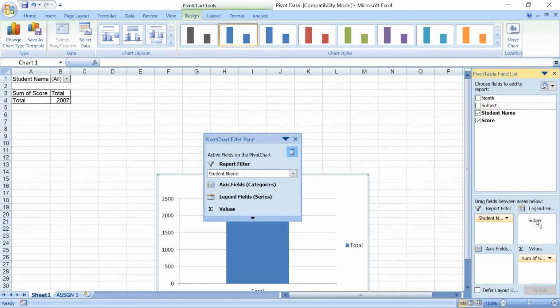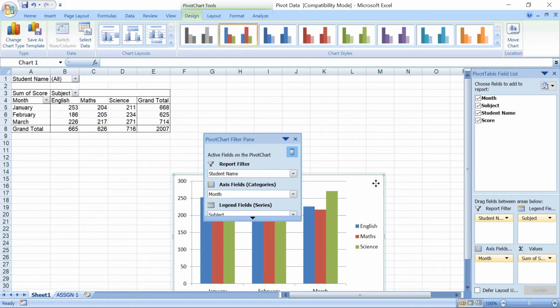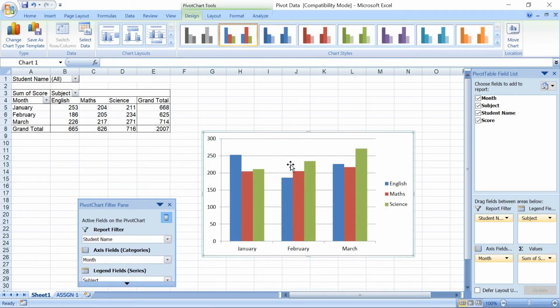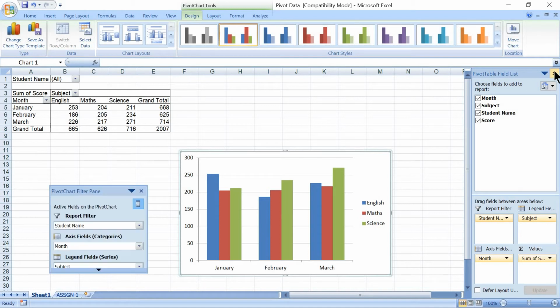Subject we will take to the legend area. The last one we will take to the axis field. Now we can see the pivot table is available, as well as the pivot chart. Once it is taken to the different areas, later this can be closed.